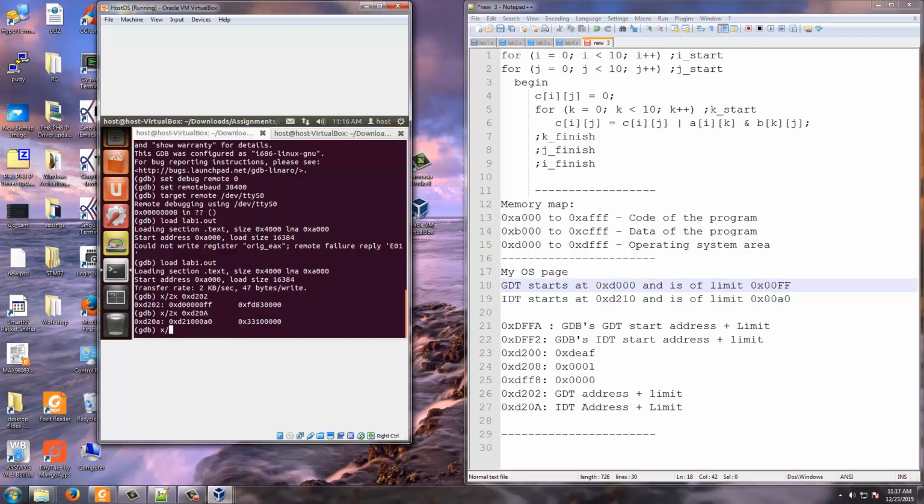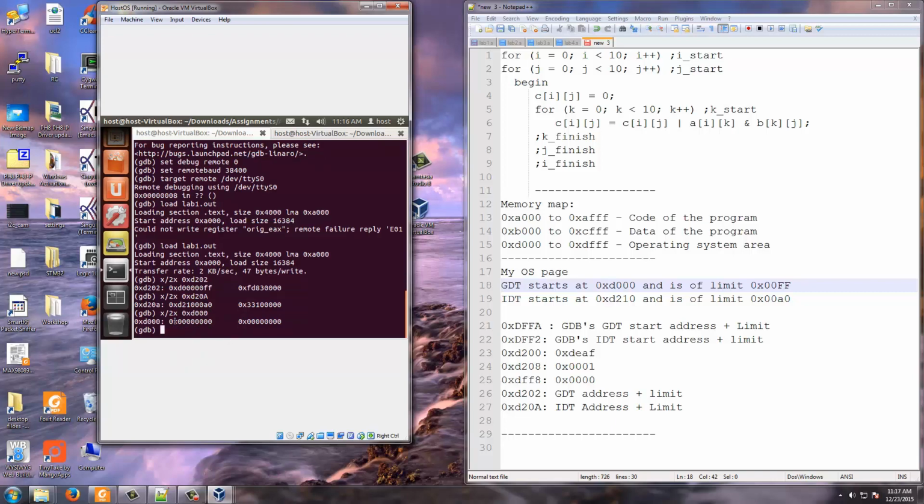Now just as a sanity check, let us find out what should be there. Each GDT entry is 8 bytes. So I'll just put x slash 2x 0xD000. It should be a null descriptor. As you see, the first descriptor in your GDT, which is stored at D1000, 1, 2, 3, so 4 bytes, 8 bytes.